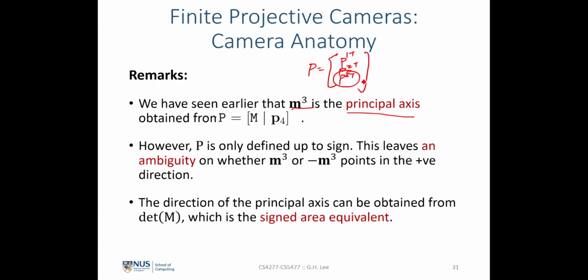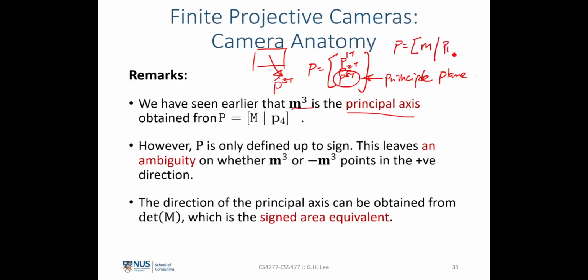And this last row represents the principal plane. We have said earlier on that the first three entries of the principal plane denote the direction vector, the first three elements of what we earlier defined as P hat 3 transpose. Now we can see that, if we were to rewrite the projection matrix